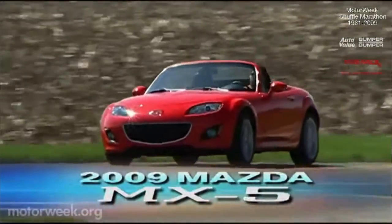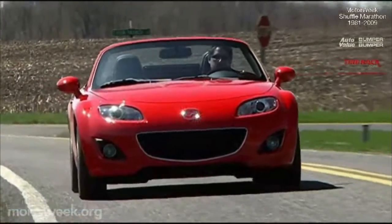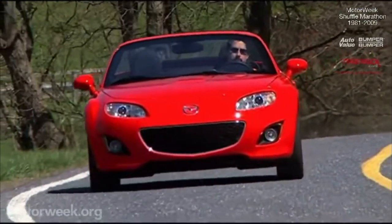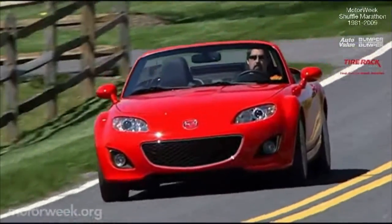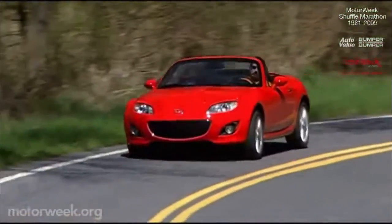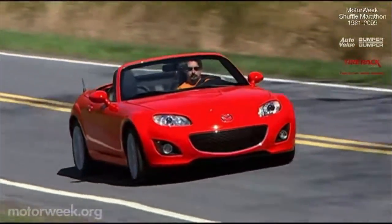Yes, its official name is the Mazda MX-5, but the name Miata is still used universally by company officials, salespeople, and car enthusiasts alike. It really doesn't matter what you call it. For 2009, Mazda's little roadster still has the same fun-loving rear-drive personality it has always had. Redesigned back in 2006, the MX-5 returns this year with a few minor revisions and, of course, its choice of